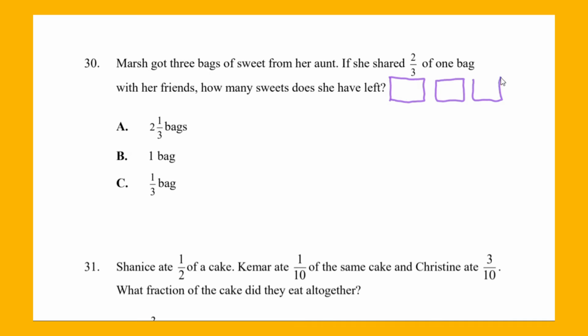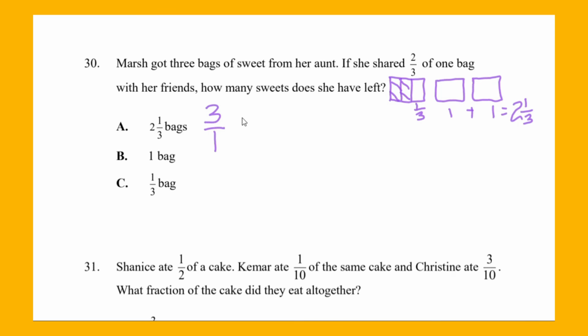One, two, three. And then she gave away 2/3 of one bag. So we're going to split up one bag into thirds and we're going to shade the 2/3. So here we're left with one whole plus another whole, and then we have 1/3. So we have 2 wholes in all, and the third that was left over from the other bag. So that is one way to do it. Another way is to